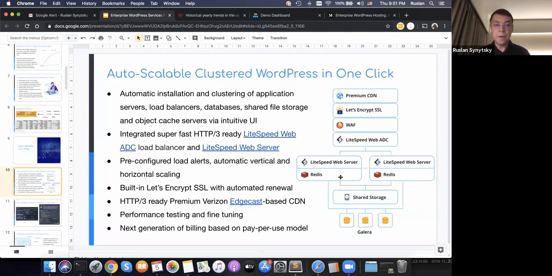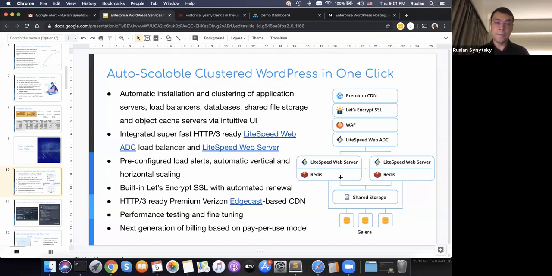And of course, we added integration with SSL. By default, we offer Let's Encrypt SSL with automated renewal. So when the certificate is coming to its end time, our system will automatically renew and redeploy SSL certificates inside the cluster.